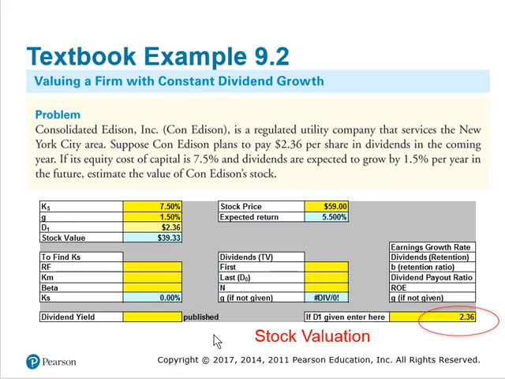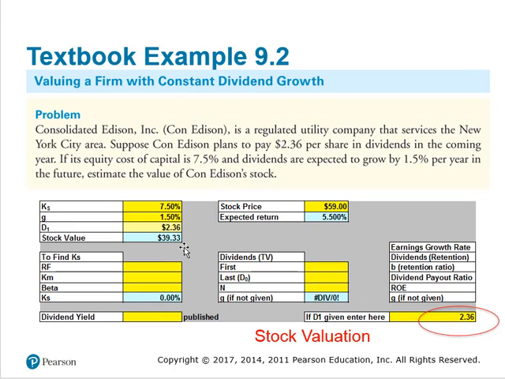So if you look at this worksheet, there is a cell down below that says if D1 is given, you enter it here. So this is where we would put the $2.36. Now I will caution you, after this problem, you need to delete this after you do this kind of a problem, because it automatically fills in up here, right? So we enter the data. The value of this stock is